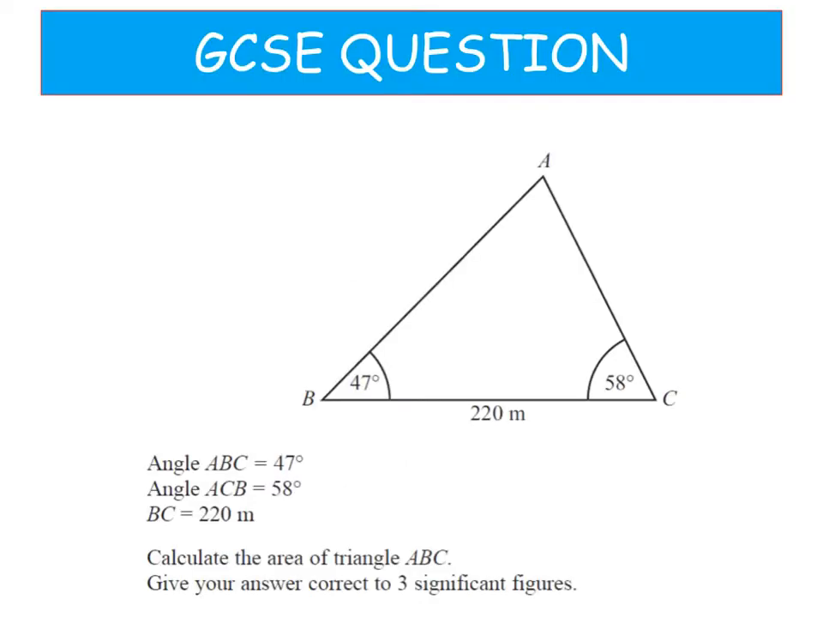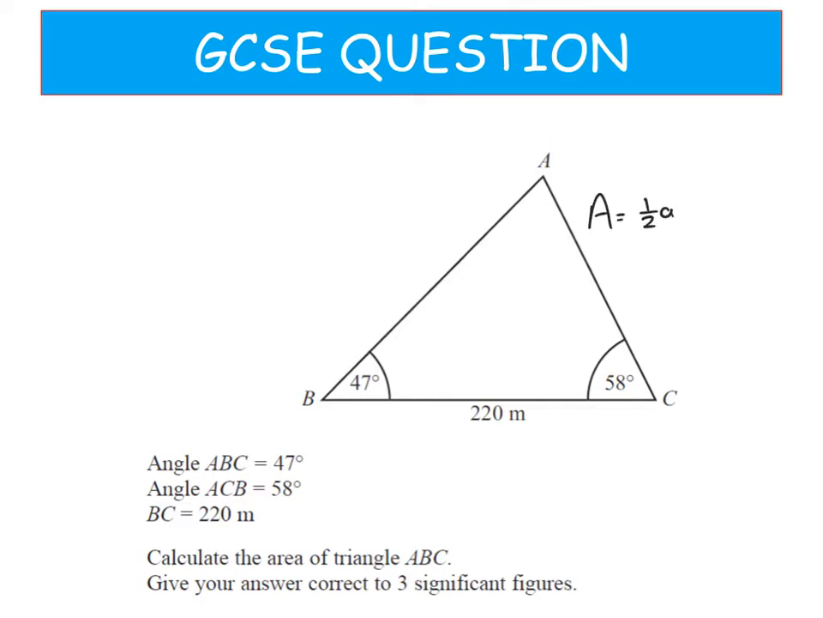Okay, so what I would like you guys to do now is to try and attempt this question here. It's asking you to find the area of this triangle ABC. So you can't just do half base times height because it's not a right angled triangle and you don't know the perpendicular height. So you'll need to use the formula that the area of a triangle is equal to half